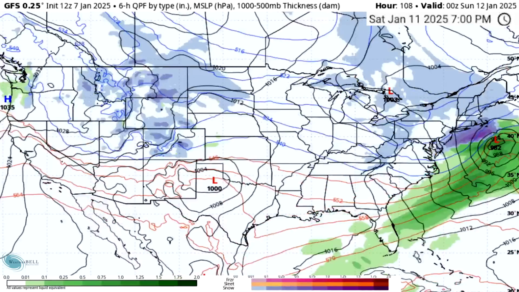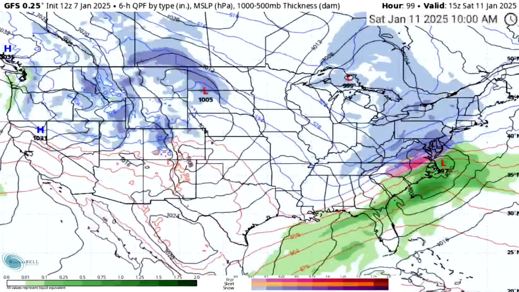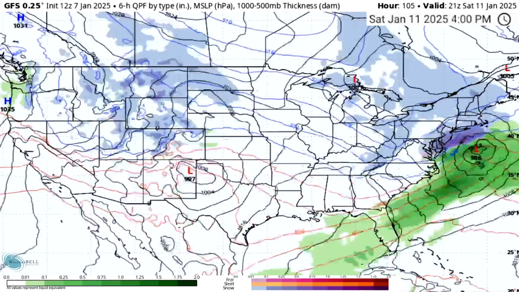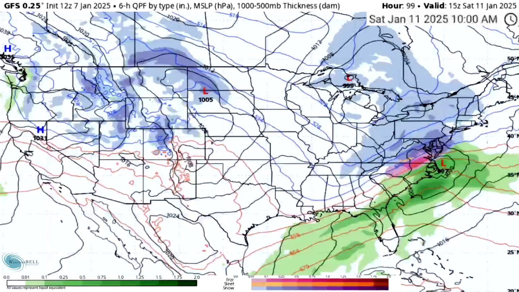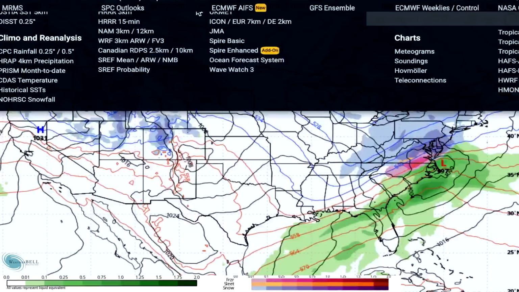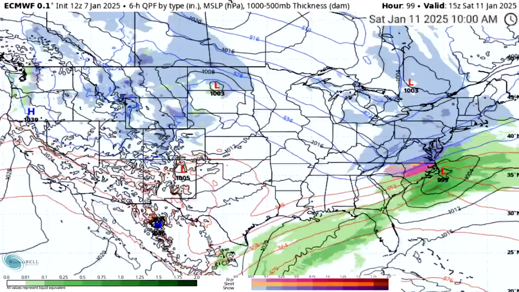But we can tell that the trajectory on this model is much more up the coast right now, as opposed to the European model, which wants to take it almost directly offshore. So again, we're at this point here on the GFS. I want to switch us to the European model, and we see that this is much further south, much less progressive, and the cold air moves in quicker than the storm does on the European model. That is our major difference.